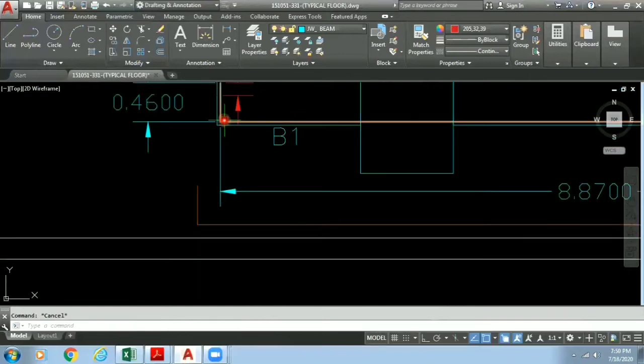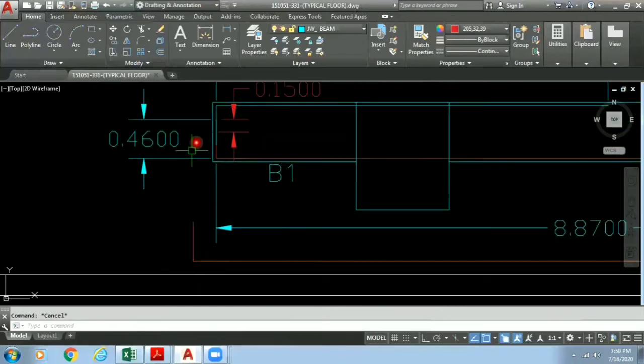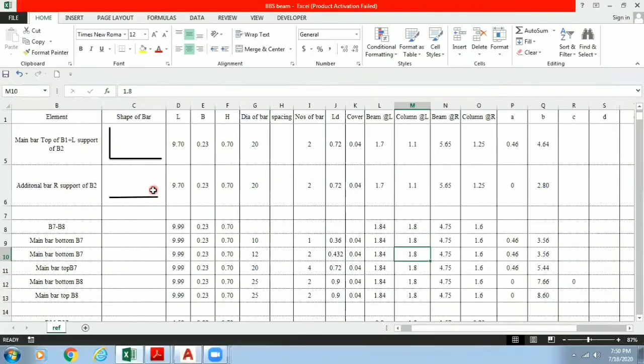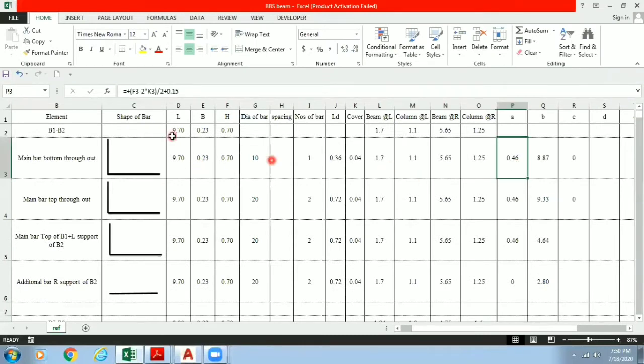Now it has traveled through B1, which means we have to do total depth minus 2 into cover, divided by 2, plus 150, which is done over here in the Excel sheet. Can you see this? F3 is the cell for the depth. So this is depth minus 2 into K3. What is K3? K3 is cover. Depth minus 2 into cover, this whole is divided by 2 and 150 is added. So this becomes our first length, the vertical length of our reinforcement.